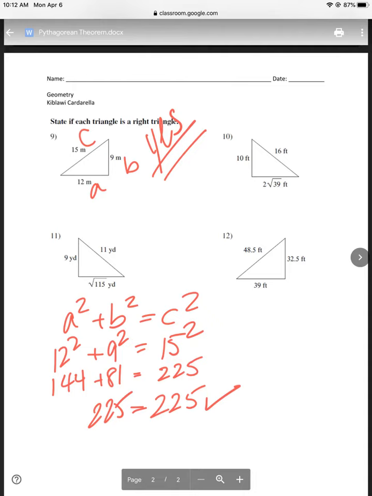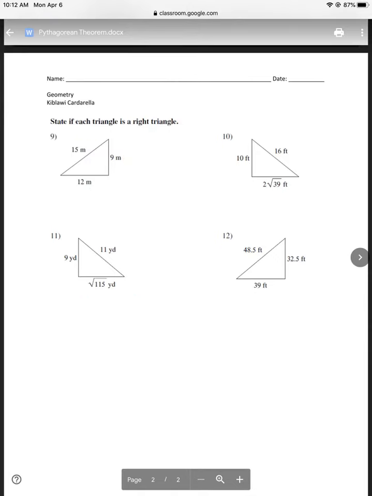Let me look at number 12 next. All right, so now let's look at number 12 and see if that's the case. Actually, never mind. I'm going to do number 11 because I know those square roots are probably messing you up. All right, square root of 115